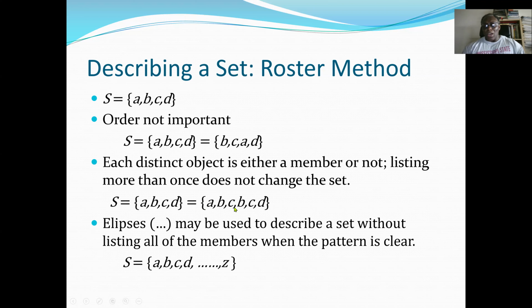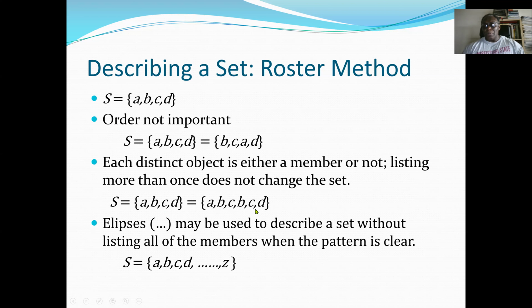We can see that we have two C's and two B's. But when we look at the elements here, we have A, B, C, D. Only that we have two C's and two B's. So it's the same as A, B, C, D. So the duplicate is not important. Here the set S has only one A, one B, one C, one D. Here also, it has the same A, B, C, D, but it has two B's and two C's, then one